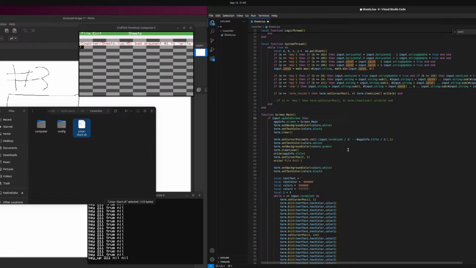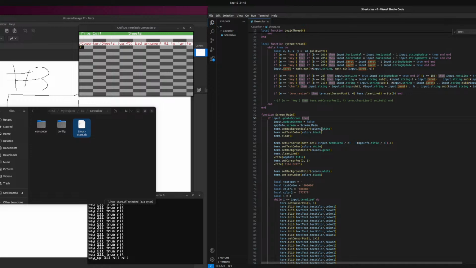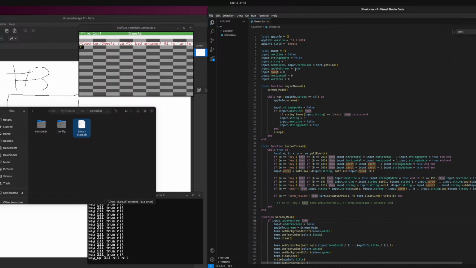And the first thing we'll do is set it to false. That way we know we don't update the screen afterwards. And then whenever screen size